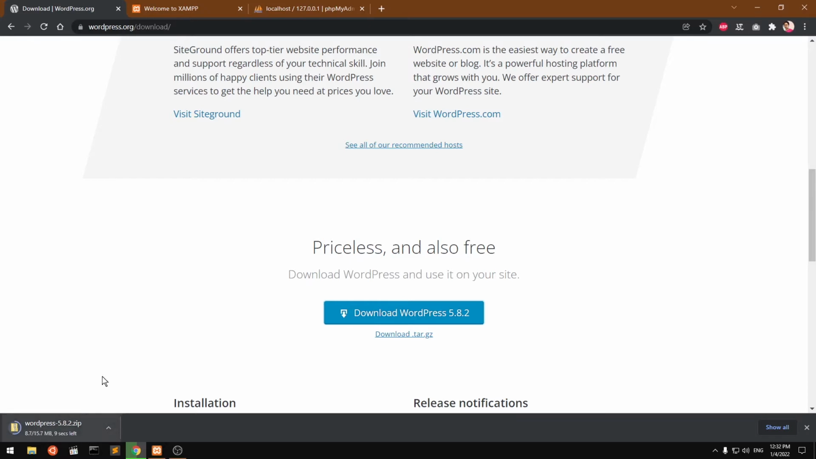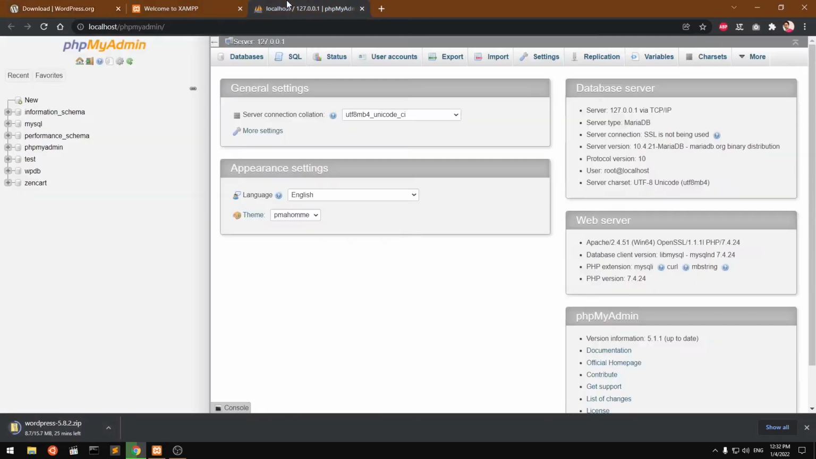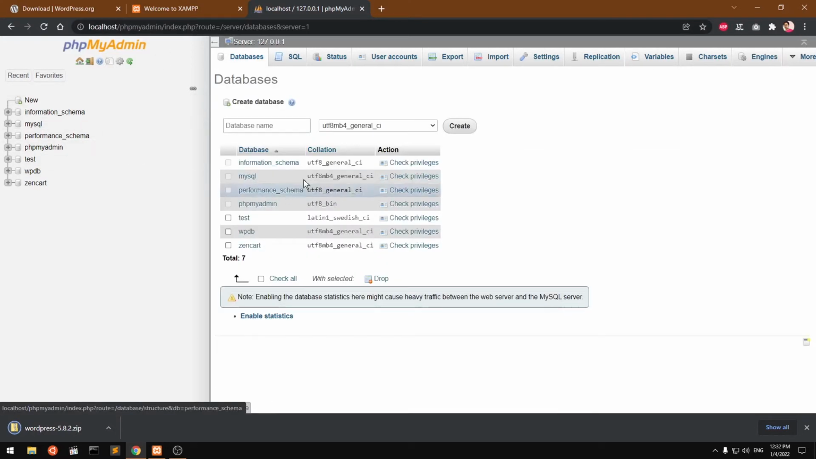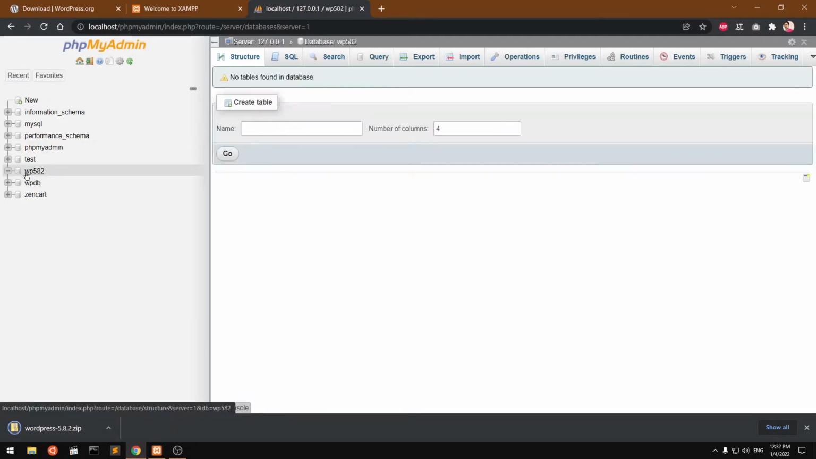Okay, so it's almost there. In the meanwhile, I will create a database. So go to localhost/phpMyAdmin or create your database the way you want. So WP582, and this is going to be UTF-8 general CI. Created, and you can see it's been created here, and there are no tables yet